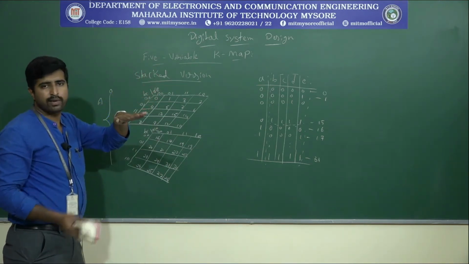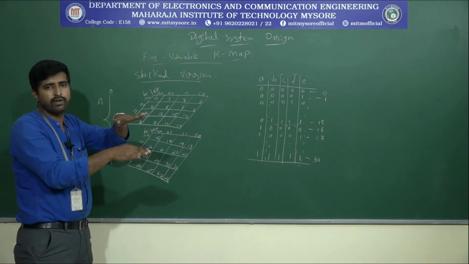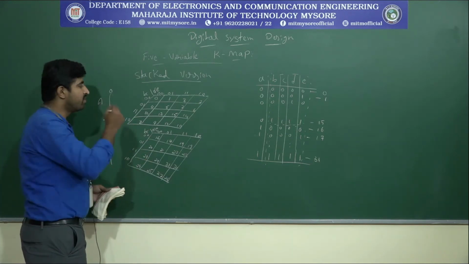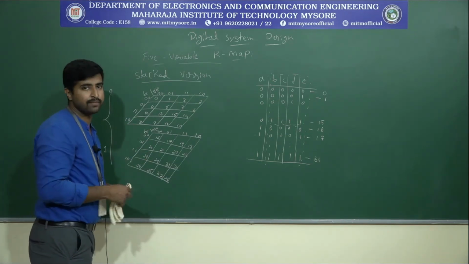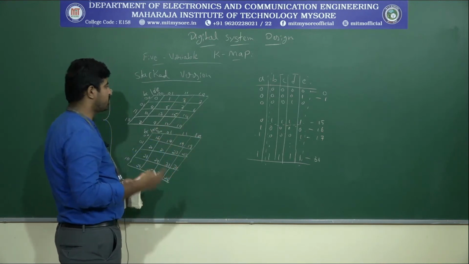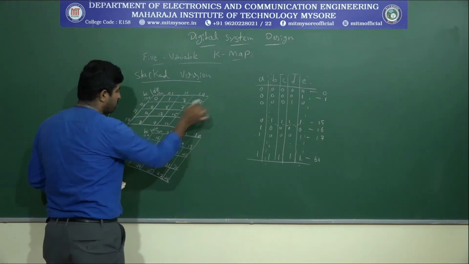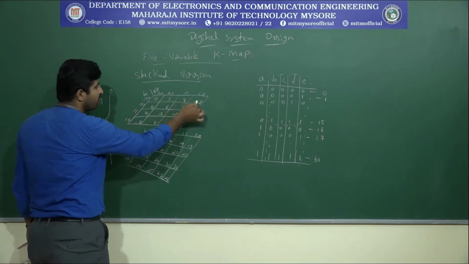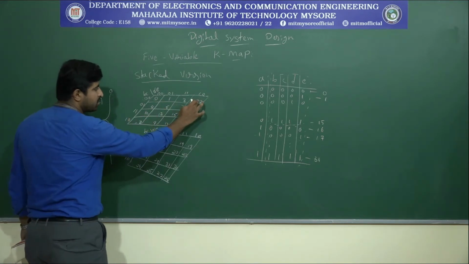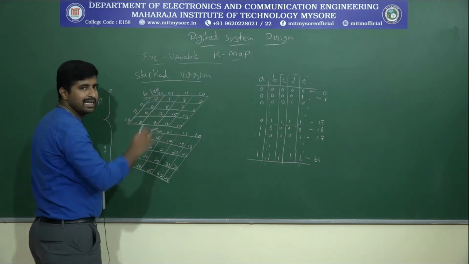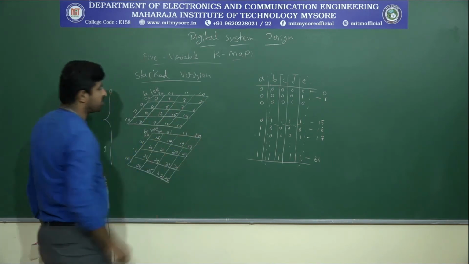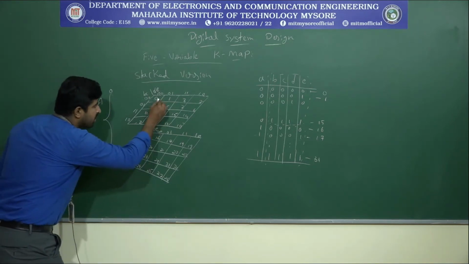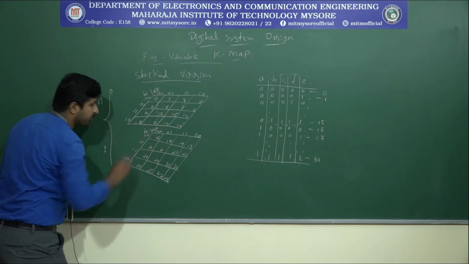So one 4 variable K-map and another 4 variable K-map will be stacked together. Here we need to understand which cells are adjacent to another cell. In a 4 variable K-map we already understood that 0 is adjacent to 2, 8, like that. So 0 is adjacent to 2 and 8, where 2 is adjacent to 0 as well as 10. Similarly here also we need to look for which cells are adjacent to another one. So here 0 is adjacent to 16.